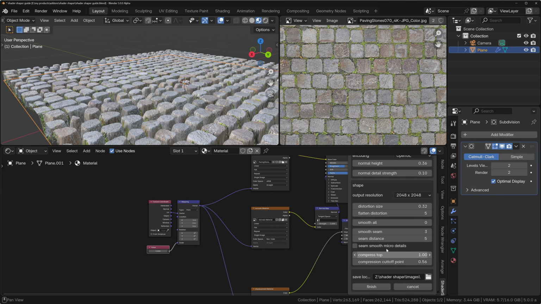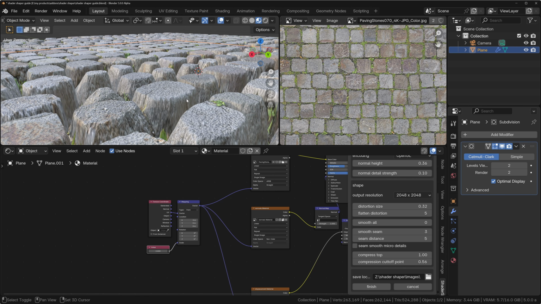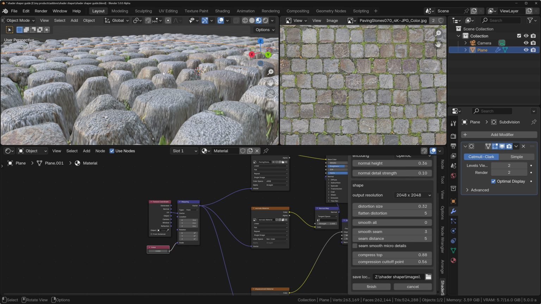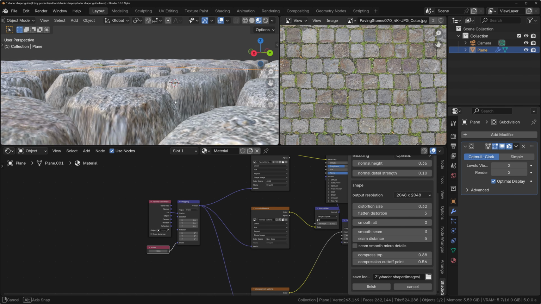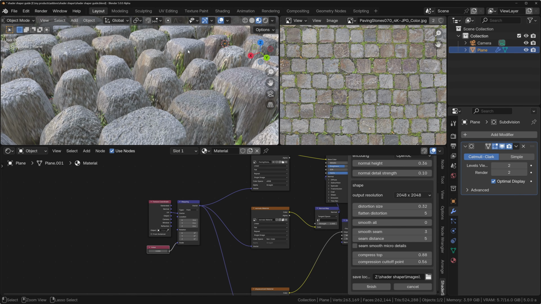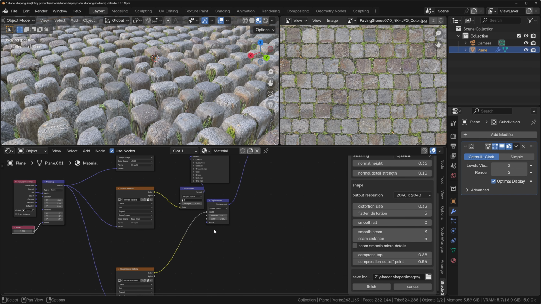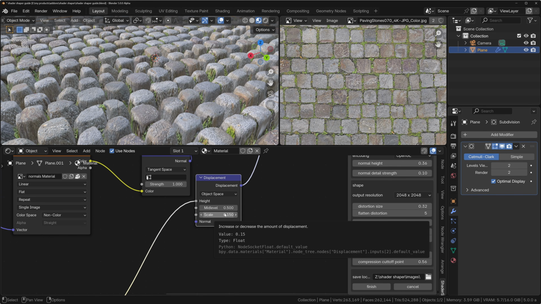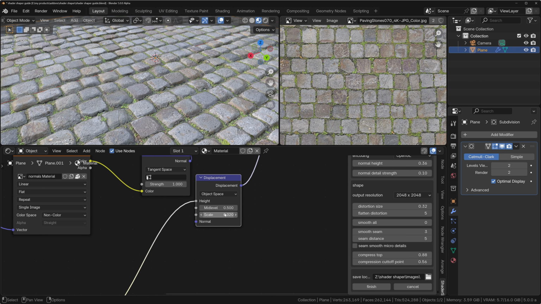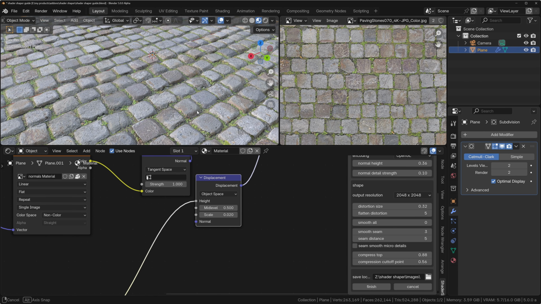The compressed top now can be used to bring back some of the roundness. If we don't want it completely flat, we can bring that down to maybe 0.88, and you'll see it's going to bring back some of that roundness now on top of those flattened areas. Alright, so this is way too high obviously for the displacement. Let's turn this down to something more realistic, maybe 0.02, and now it more accurately reflects the height of the